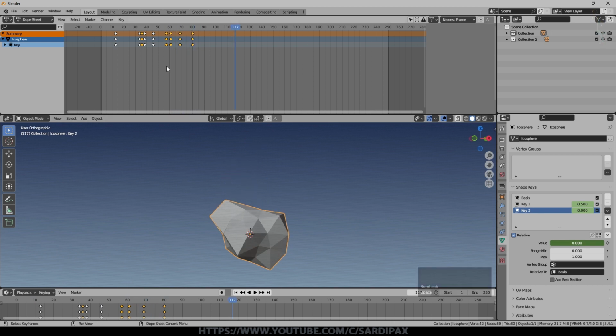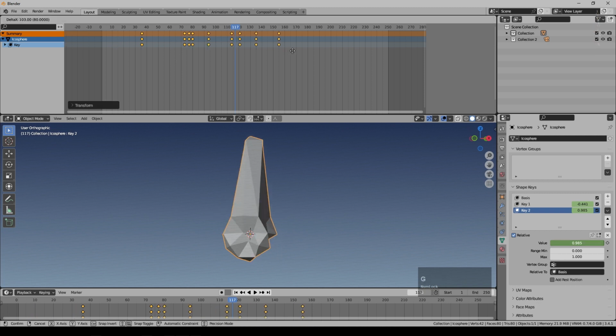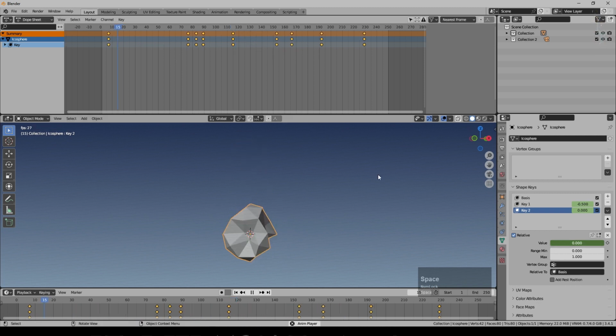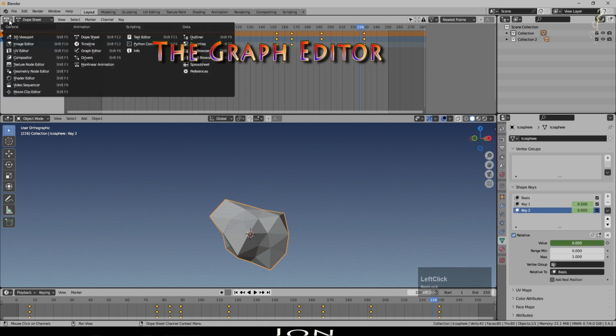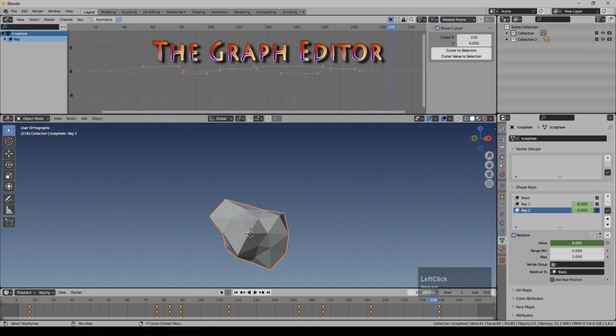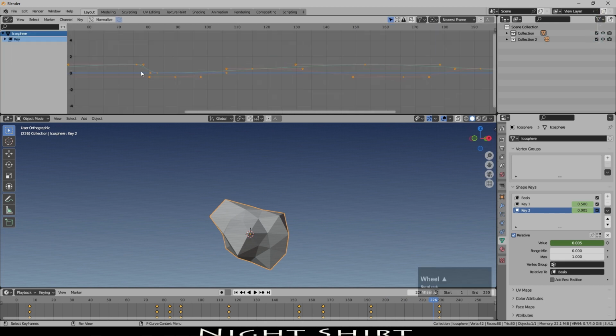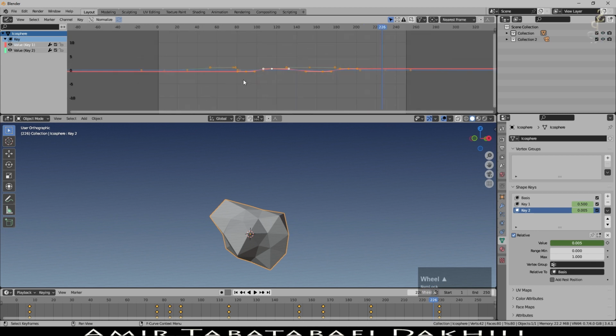So one of the other things that we might want to do, I'm just going to stretch those out again so we cover a bit more of our animation. One of the other things we can do is use something called the graph editor, and this can be used on anything that you've keyframed. So I'm going to change this now to the graph editor here, and if you look carefully, it is a bit faint. You can see for this object I have selected, it's showing the keyframes. I can show them here, key 1 and key 2, and it's showing basically how they change over time.